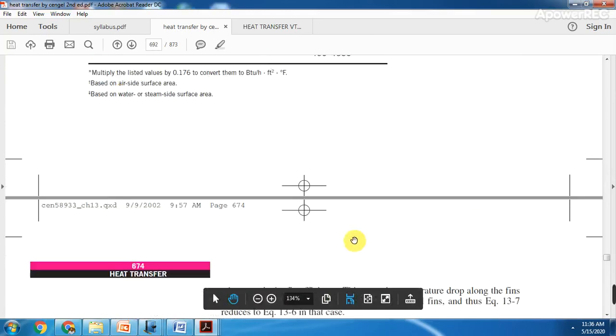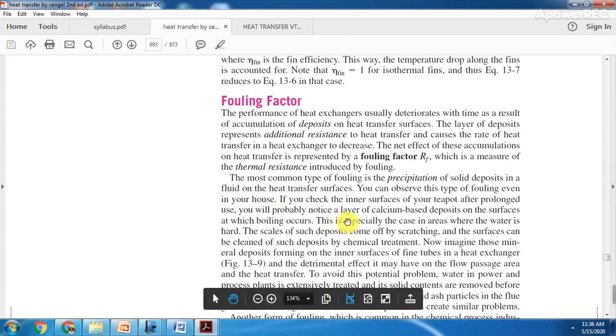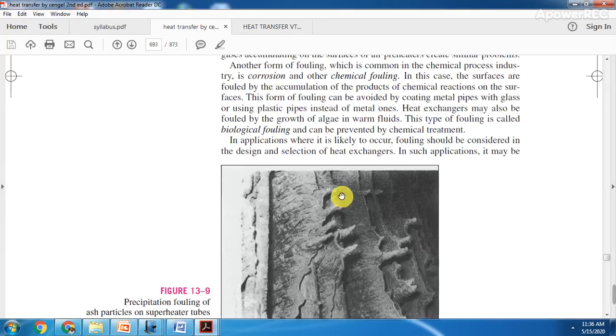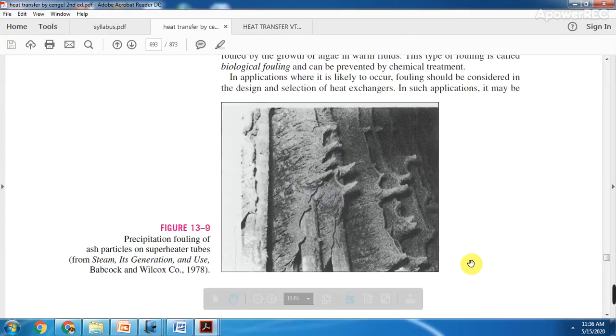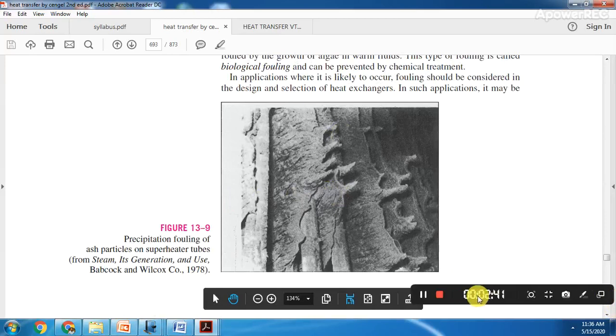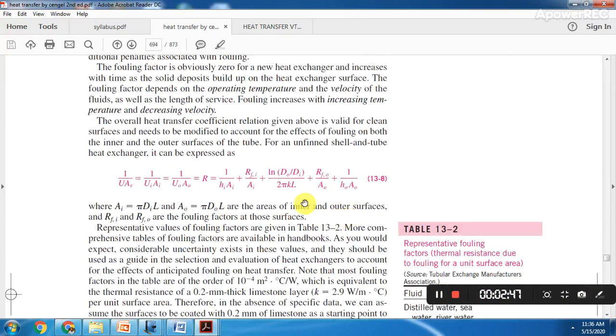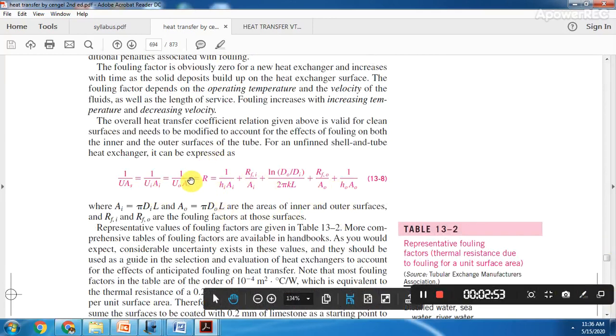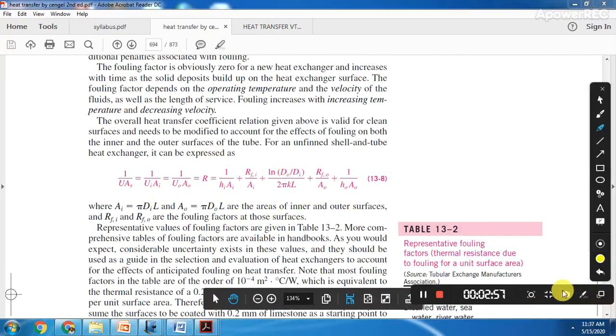Here, fouling factor is the resistance due to the precipitation on the surface of the heat exchanger wall. On the surface of the heat exchanger wall there will be precipitation, which means there will be resistance to the heat transfer, that is the fouling factor, and it can be considered Rf. Here the overall heat transfer coefficient is given by the summation of R's. Here these two have been considered. Fouling